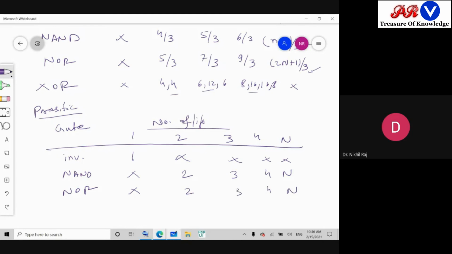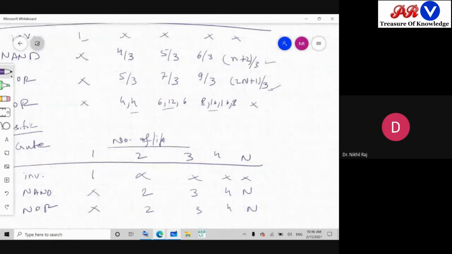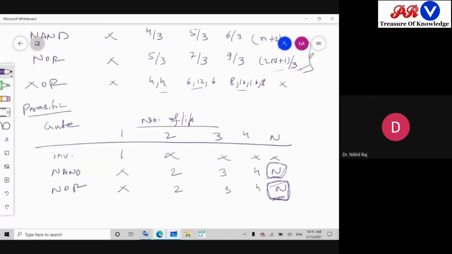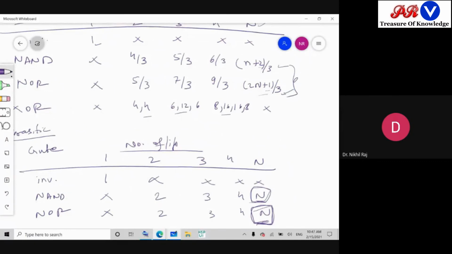So from here, we can make two observations. Logical effort depends upon this relation, whereas the parasitic delay depends upon the number of inputs. It is not affected by the size of the inverter, whether it is 4 or 3 or 6, whatever we take, it will depend only on the number of inputs. That's why it is independent of sizing, whereas logical effort depends upon sizing, because we get different forms of factor with n. So these are the two calculations of logical effort and parasitic delay.